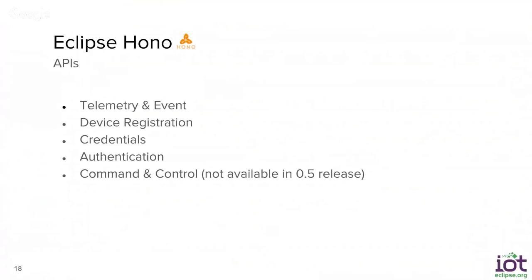So maybe one more question along the lines of device management. Jörg is wondering, in the microservice architecture, it seems Hono is taking care of the telemetry to some extent, and the device registry as well. How does this all integrate with, say, device management? That is a good question, and I can touch on that when we talk about the device registration API.